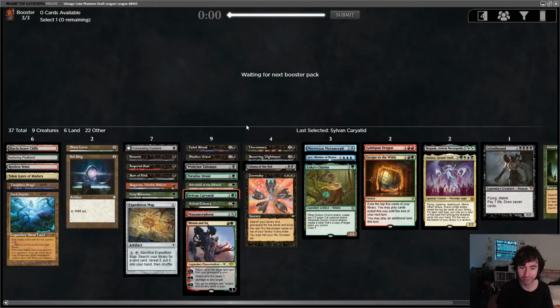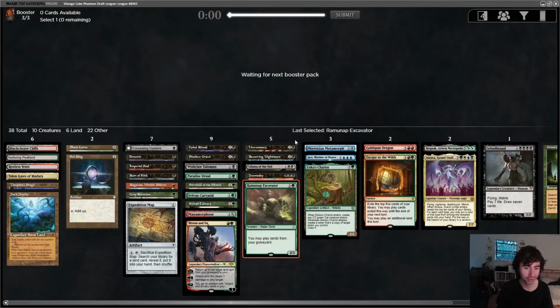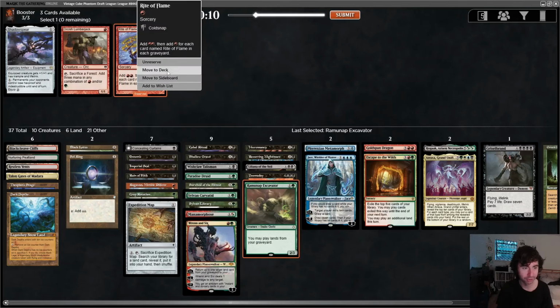God, this is gonna be so bad. What are the worst cards here? They're like all the creatures. Excavator. Like, there's not gonna be time to Chariot. I guess I take Rite of Flame here, right? Just try and do this dumb thing